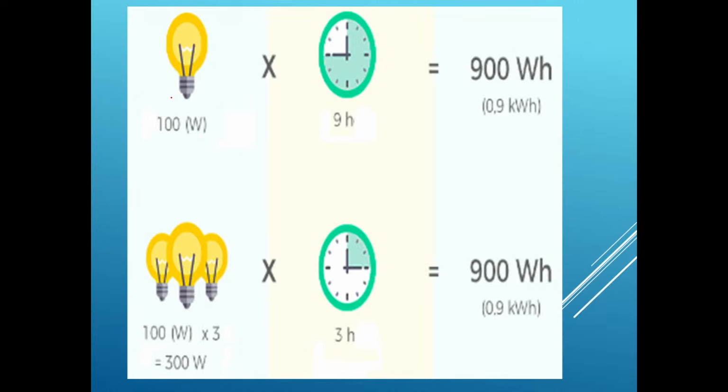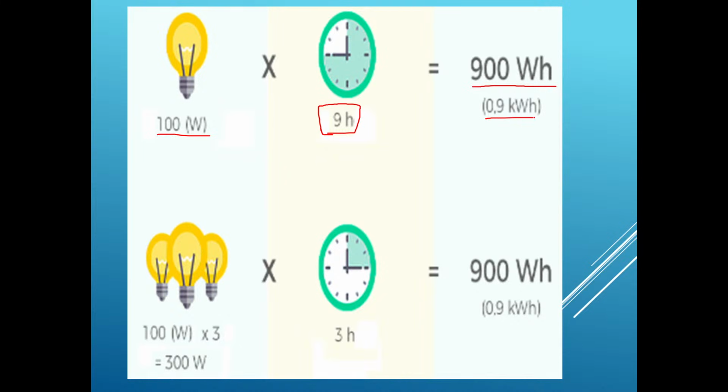I have one more example. Here one lamp is there whose rating is 100 watts, and it has been operated for 9 hours. After 9 hours, the switch was turned off. So what is the energy consumption? 900 watt hour. If you convert that into kilowatt hour, divide 900 by 1000,